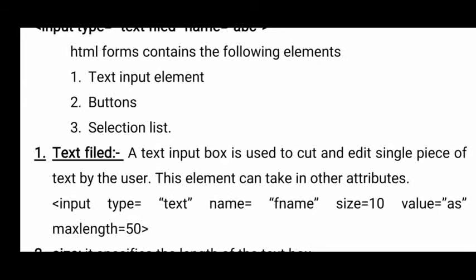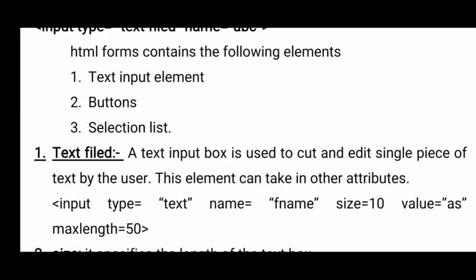The second is buttons, for example clicking on the submit button or the reset button. The third is a selection list. Selection lists are nothing but a drop down list, where we give more options and the user selects one option.